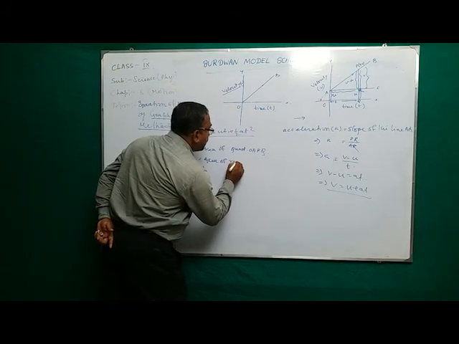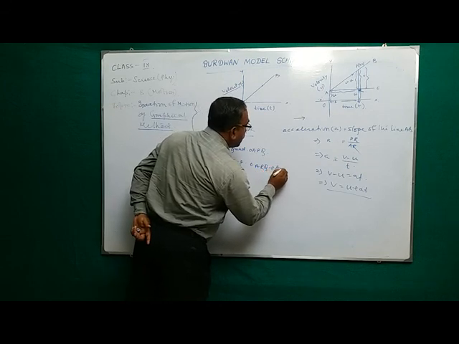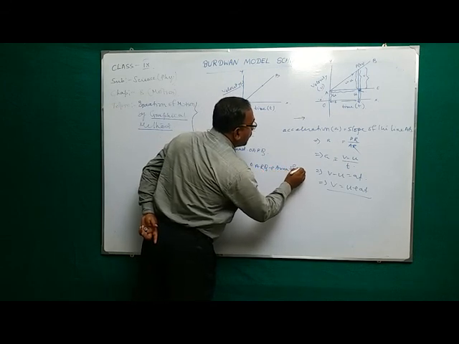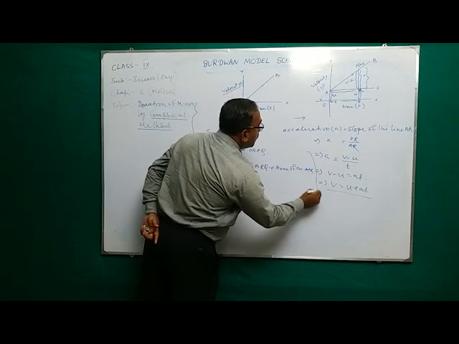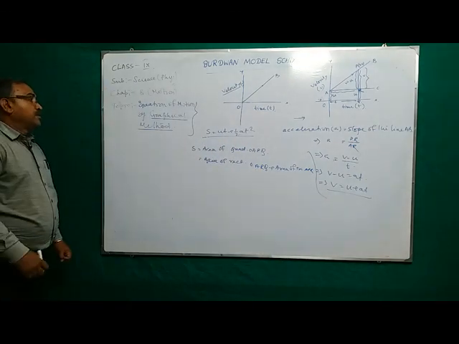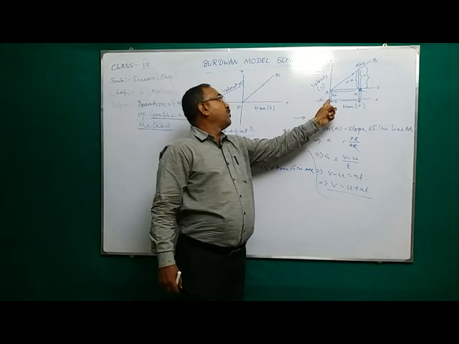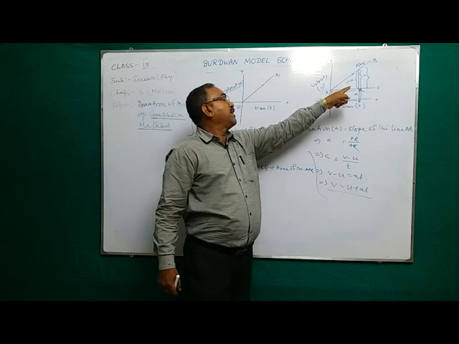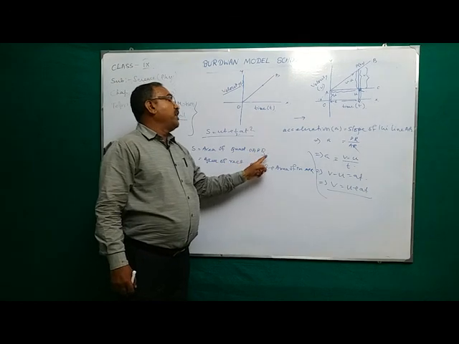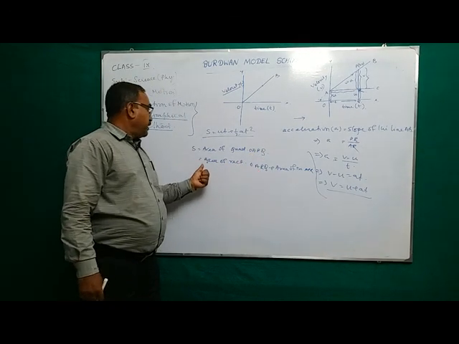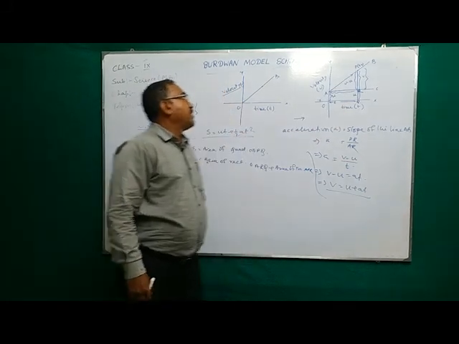That means the area of the rectangle OARQ plus the area of the triangle APR. Again I repeat it. S equal to the area of the quadrilateral OAPQ. This is not a rectangle. So you see again, the area of the quadrilateral OAPQ, next line, is the area of the rectangle OARQ plus the area of the triangle APR.